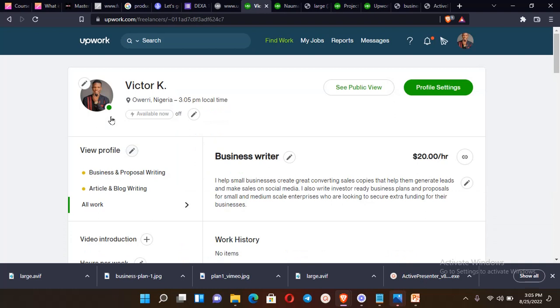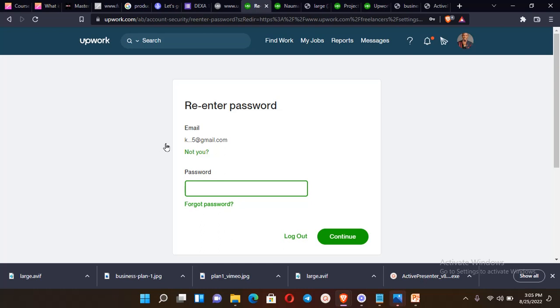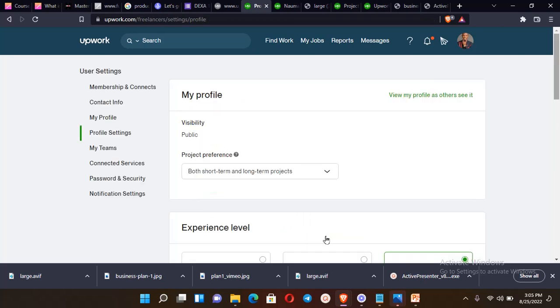Now this is my profile area. Under Upwork, you can set 3 types of profile. One of them would be your general profile, while the remaining 2 are going to be your personalized profiles. The general profile is something that should give a client a broad view of what you do. Maybe you're into writing business plans, business proposals, resumes, and all of that. So your general profile could carry